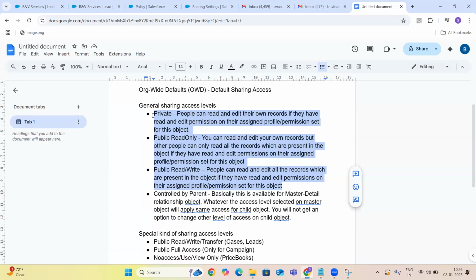Even though you have edit permission for the object, you can't edit others' records because the record level sharing is read only. Okay. Public read write means yes, if you have edit permission, you can read and edit.